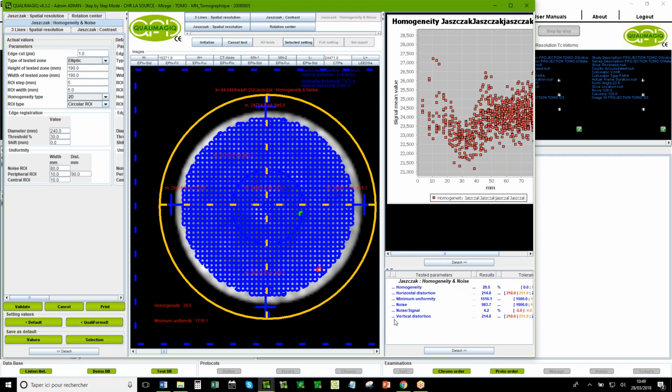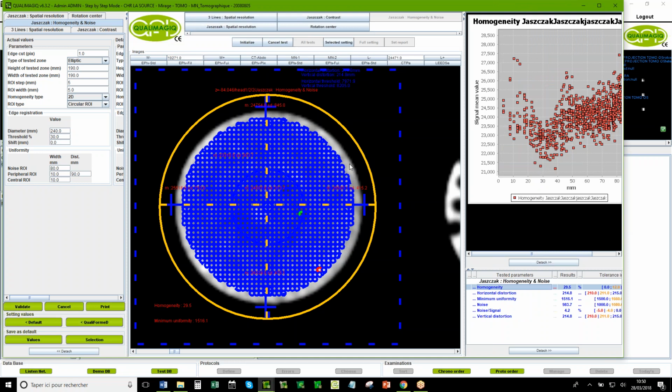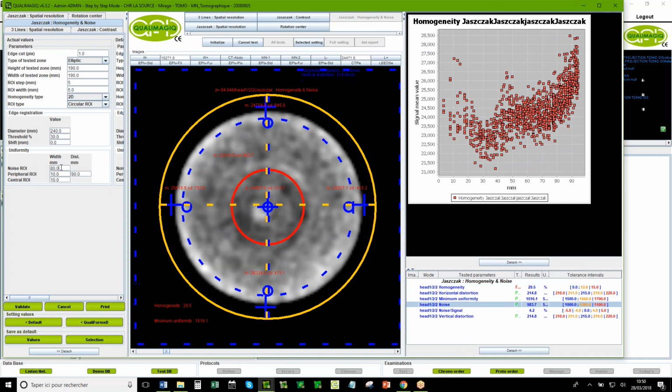to extract the signal. And after, it's a traditional method to evaluate the homogeneity, excuse me. It's a comparison between the minimum and the maximum signal between the different targets in the screen. And we measure the noise. The noise is in a special target. Here you can define the diameter.